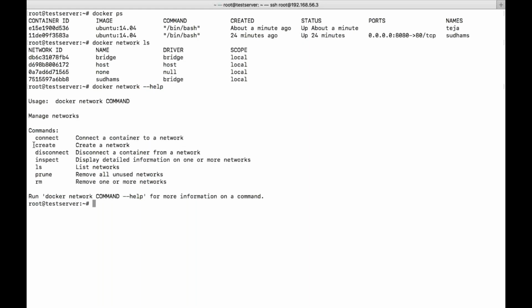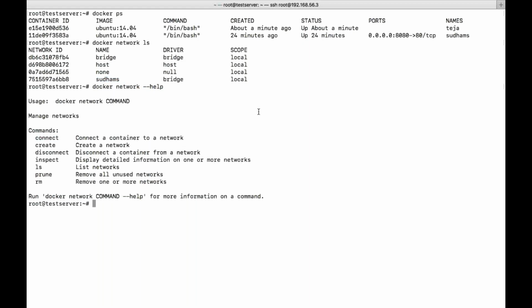Connect in the sense, let us say I have a container. I want to have one IP address from this network and one IP address from this network. So totally for a container we have two interfaces. If any one of the interfaces is down, you can get the traffic from the second interface. So I want to maintain two interfaces with two different bridge networks. So I want to attach a new network to my running container. Let's see how to do that.